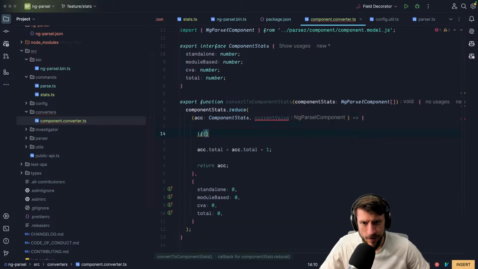Then we say if the current value, I don't like this name current value, if the component is CVA,